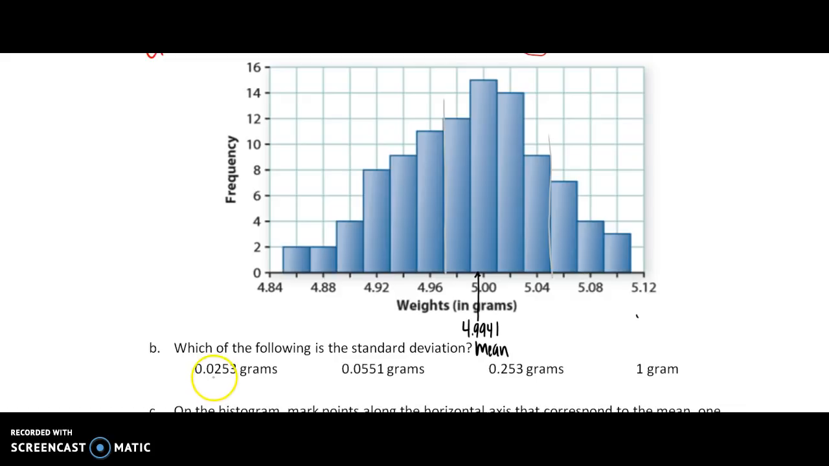But I look at my values. So I see 0.0253. If I add 0.0253 to that mean, I'm only going to the right, maybe over here. I can tell that that is not 2/3 of my data if I go to the right 0.02 or to the left 0.02. I'd be in this area right here. So I know it's not that one. 0.05. Now that looks